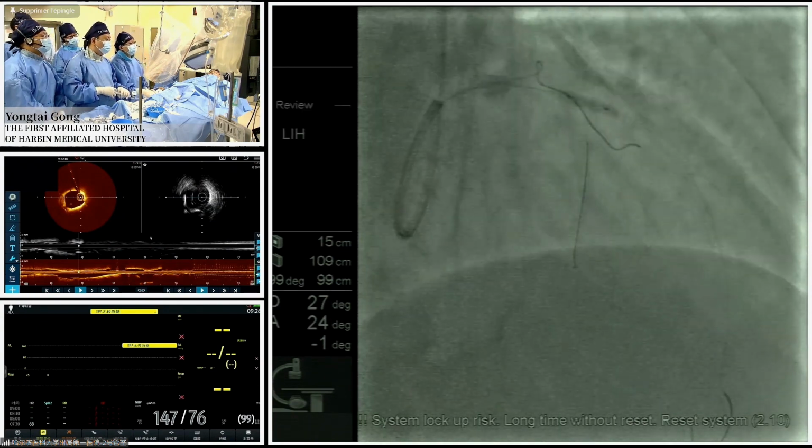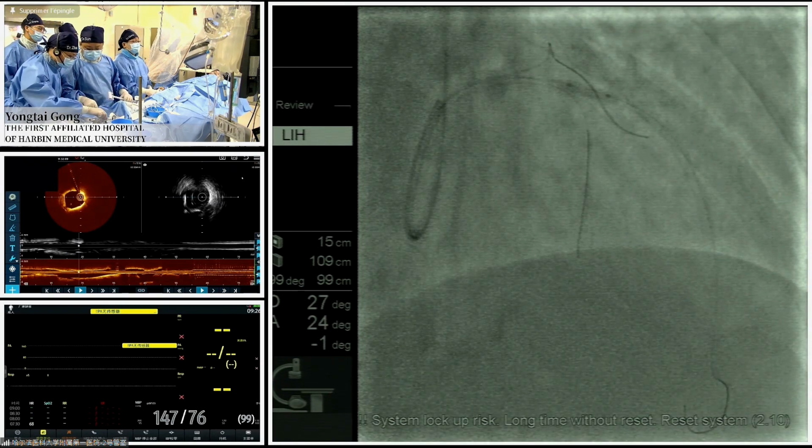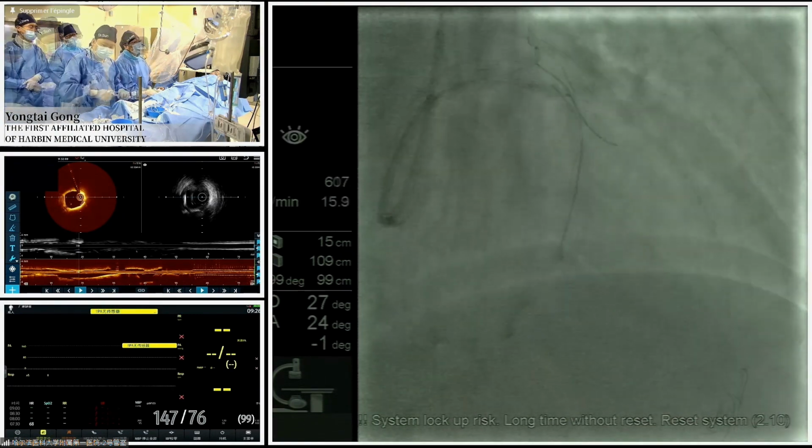And now Professor Gong has used an NC balloon to treat it. I think the balloon can be very easily expanded. That means the IVL really worked. So for this case,